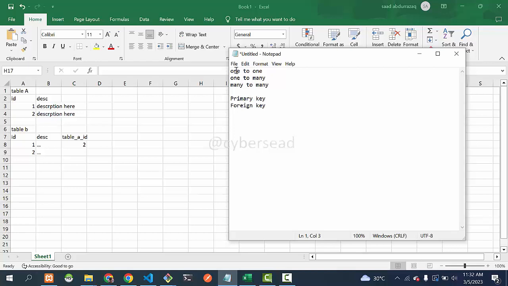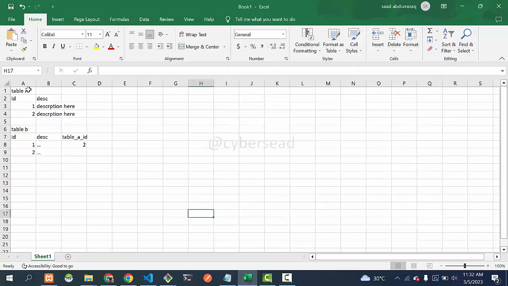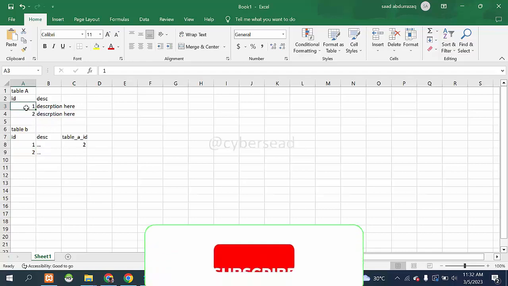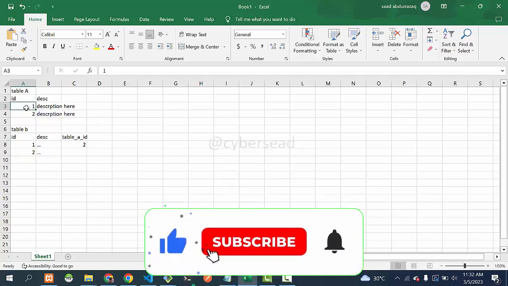We can define a one-to-one relationship as follows: a record in table A can only have one record in table B, and also, one record in table B can only be owned by one record in table A. As simple as that. For example,